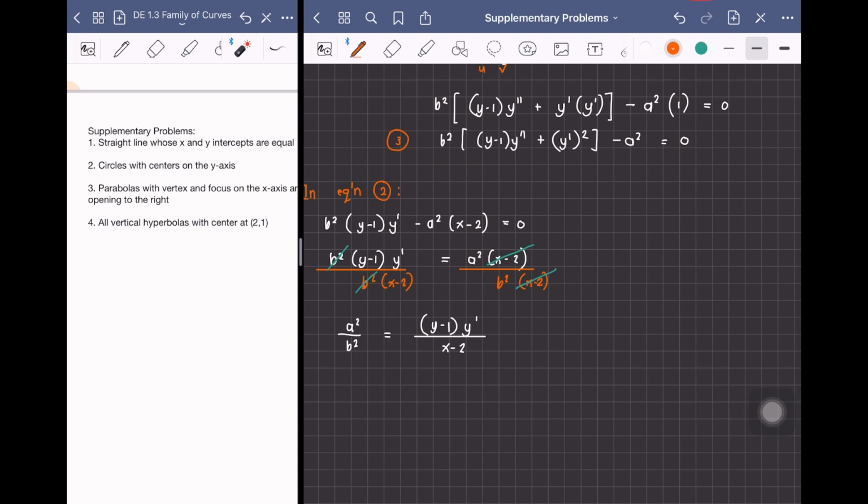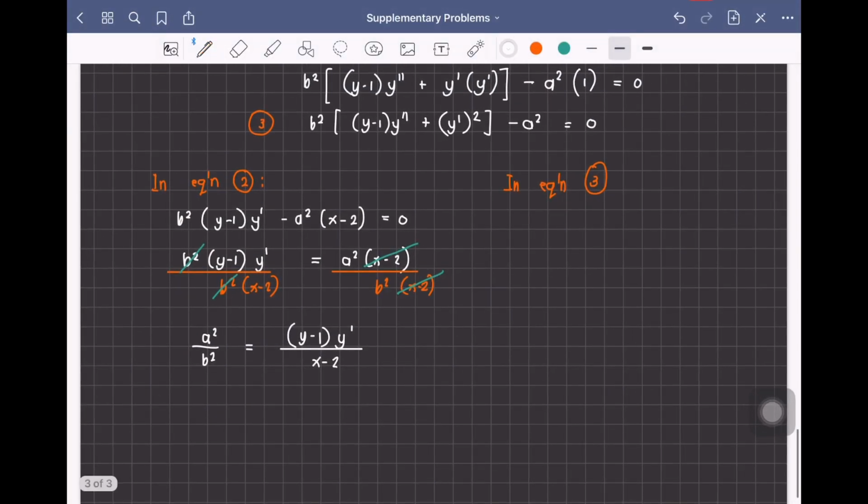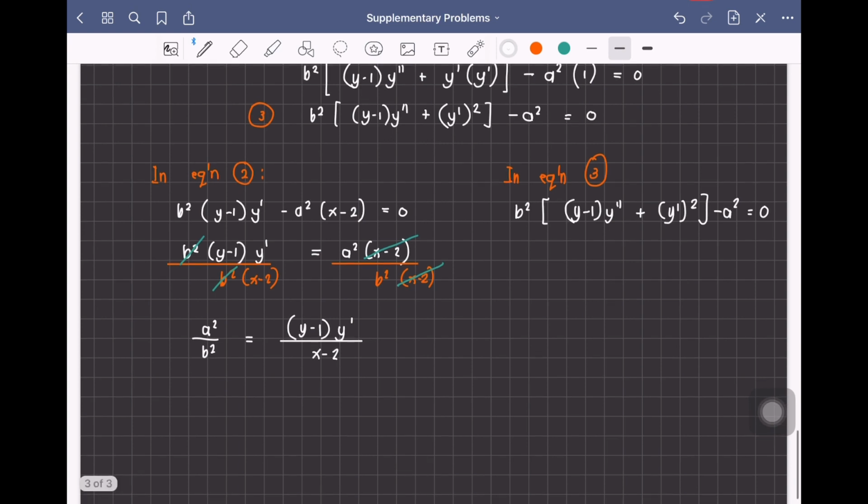So, let me copy. In equation 3, let me copy the equation. Let me move this para medyo malaki yung space natin. Kopyahin natin sa equation. That's b squared times the quantity y minus 1 y double prime plus y prime squared minus a squared equal to 0. So, all you have to do is transpose na lang si a squared sa right. That means this will be b squared, copy lang, y minus 1 y double prime plus y prime squared